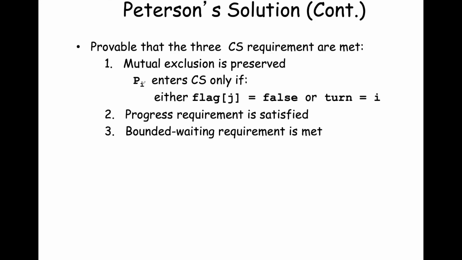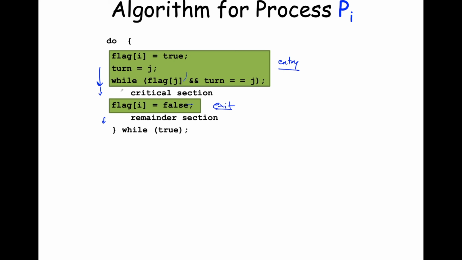And so Peterson's solution satisfies all the requirements for critical sections. Mutual exclusion is preserved. Yes, the ith process only enters the critical section if either process j is not ready, flag[j] is false, or it's the turn for process i. The progress requirement is satisfied because if there's nobody who's ready except for process i, it's going to enter the critical section. And the bounded wait is met because after the execution of each one of these j processes,